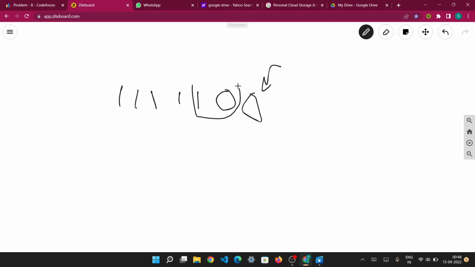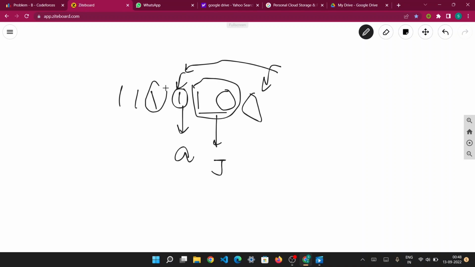So I'm going to consider this initially. So this is 10. So 10 I know is J. Now I come to 1. I'm skipping these two and I'm moving here next. So here 1, there is no 0 before it. So definitely this corresponds to A. Here again the same follows, A,